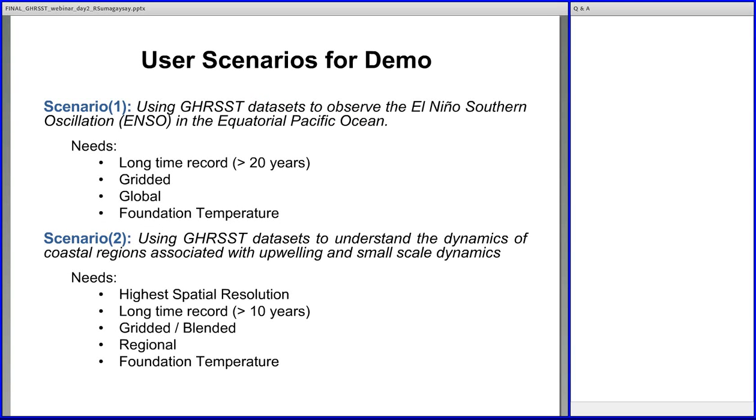So before a user dives into the passage, he should ask themselves some of those basic questions. Now referring back to the user scenarios from yesterday's presentation, before going into the demo, we will be using this scenario. The first scenario is Michelle's study on El Nino Southern Oscillation using GHRSST data sets in the equatorial Pacific Ocean. And her needs are that she needs long time period somewhere greater than 20 years, gridded, global, and foundation